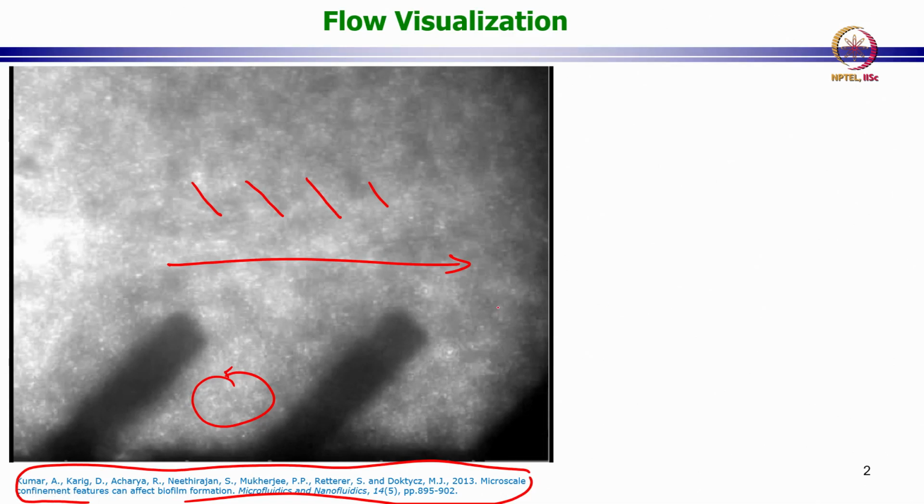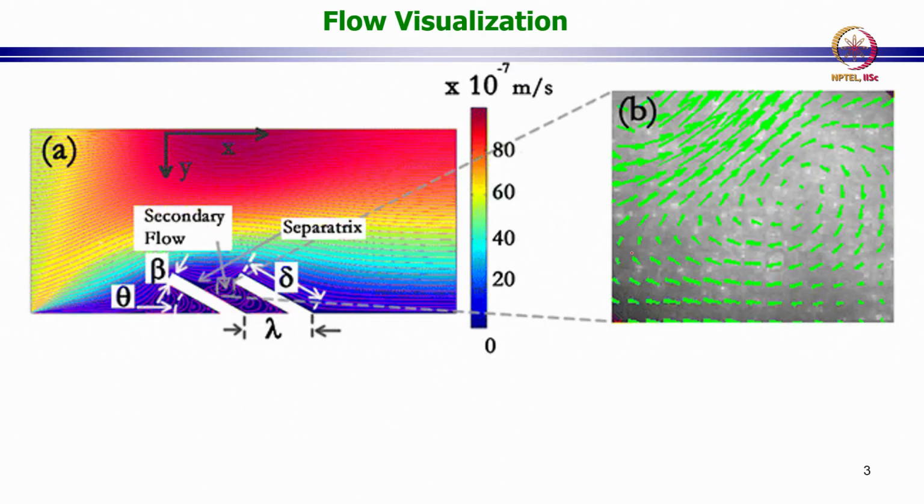Now, this is again fluorescent imaging, so the background water is actually black. This is just because there are so many particles that what you see is basically a very, very strong white intensity across the entire image. And when you